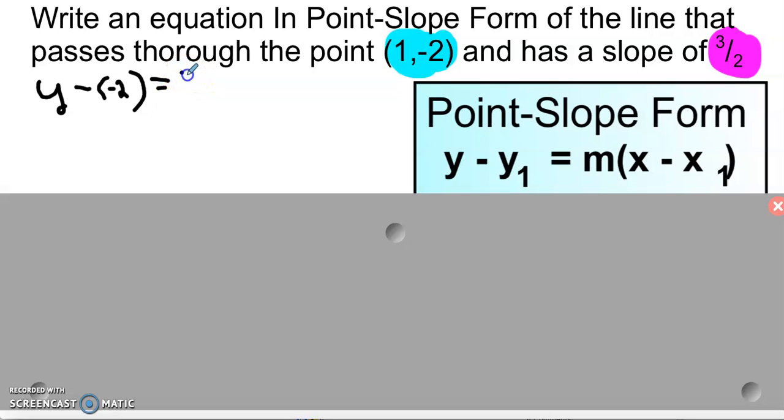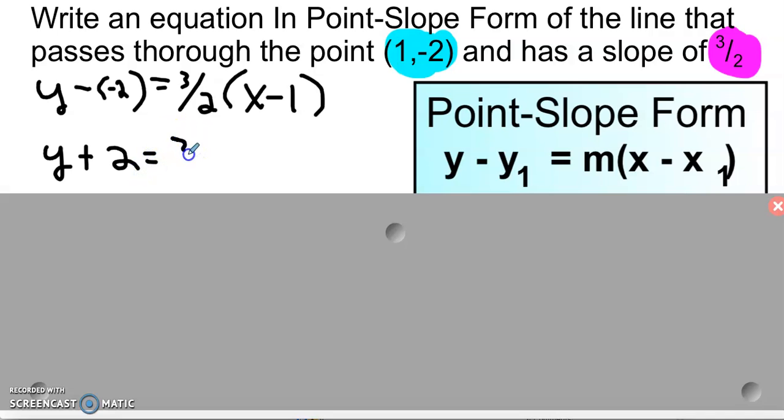Equals, my slope is 3/2 times x minus 1. And I won't have to simplify anything with the x, but I do have to simplify with my y. So this becomes y plus 2 equals 3/2